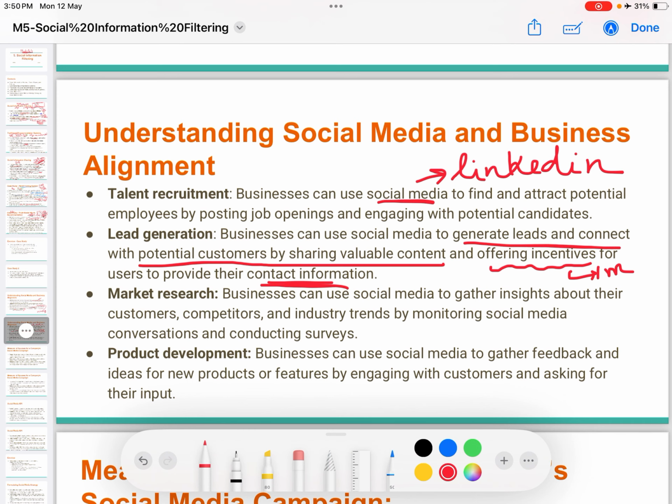Businesses can use social media to gather feedback and ideas for new products or features by engaging with customers and asking for their input. So for example, say a product is being made, there is a timer being made. Now when you're making a timer, normally you have to go there and stop the timer. So if there is a company making a timer, there can be some kind of idea, say there is a person who says stop and the timer stops, they don't have to get up. So this is some new idea which will be taken as the input by the business, and